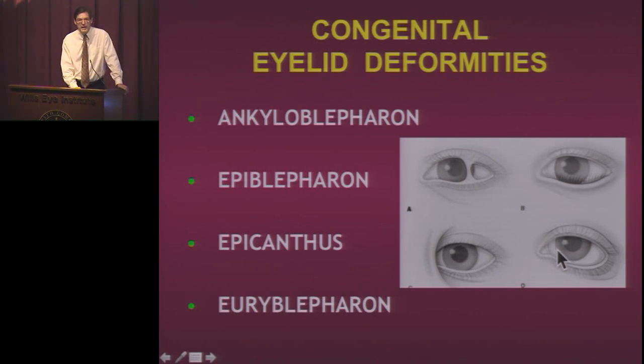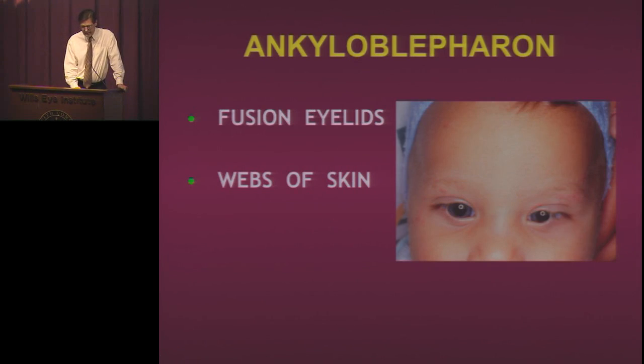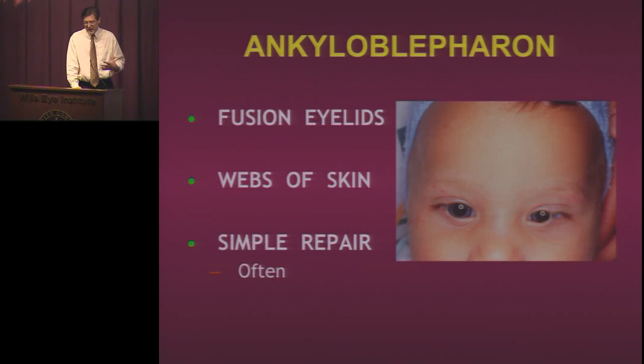Let's talk a little bit about each of those and show some examples. Ankyloblepharon we hardly ever see. It's usually a newborn, the first few months of life. It's a web of skin that goes from the upper lid to the lower lid. And luckily, usually, that's all it is. It usually is not a deformed lid. All the other layers of the tarsus and the lid are fine. And usually a simple repair with the hemostat, cutting and just freshening up the edges is all that a child